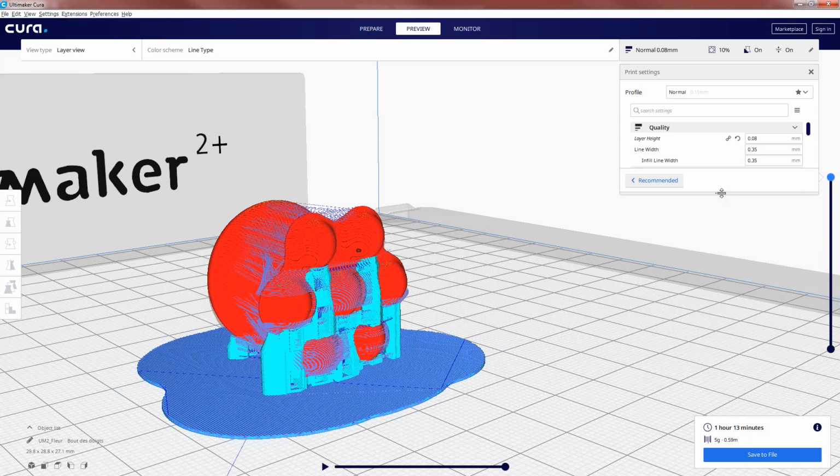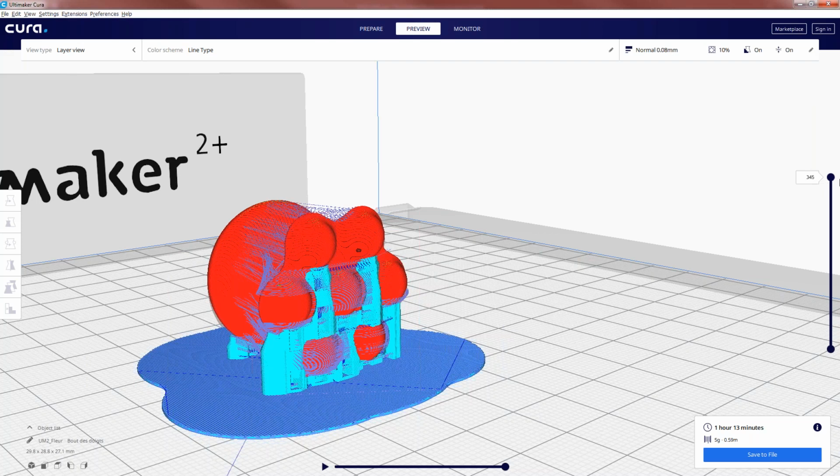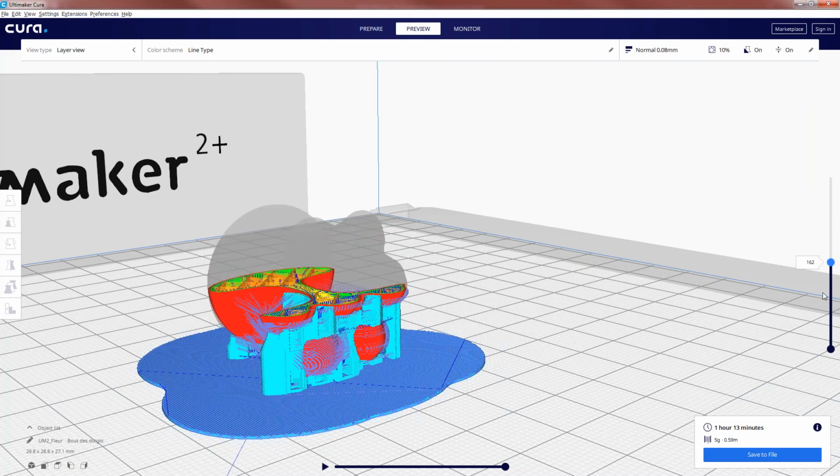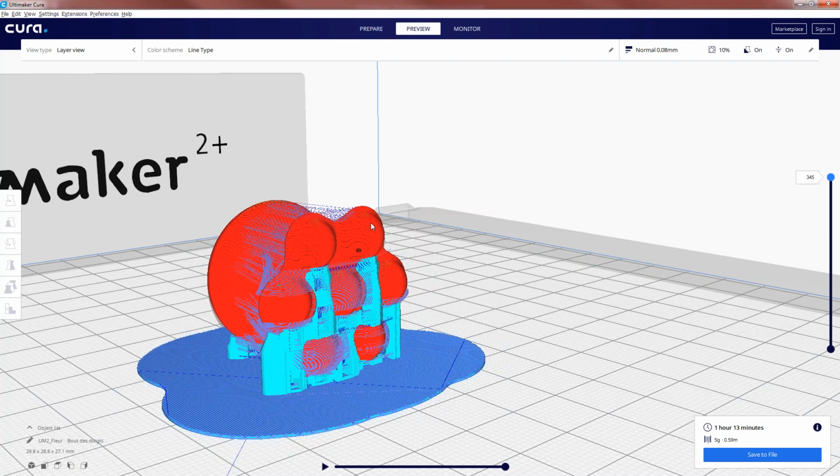So it is equipped with 345 layers. If you remember the first session, Ravi sir already told you the dimension of this part will be divided from the minimum dimension to the maximum by how much layer height you have given.